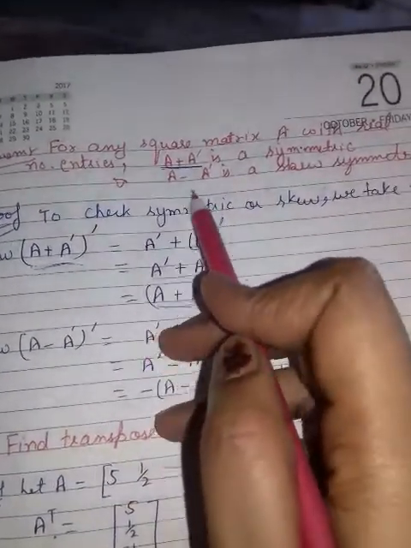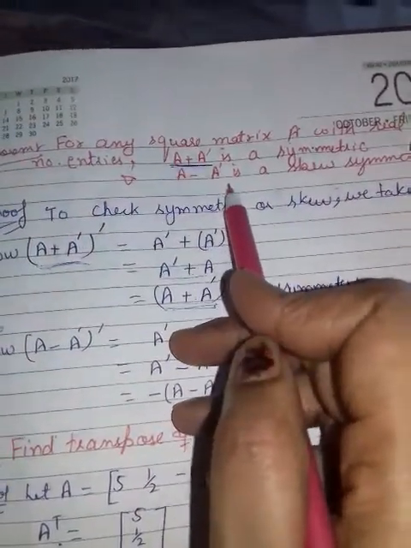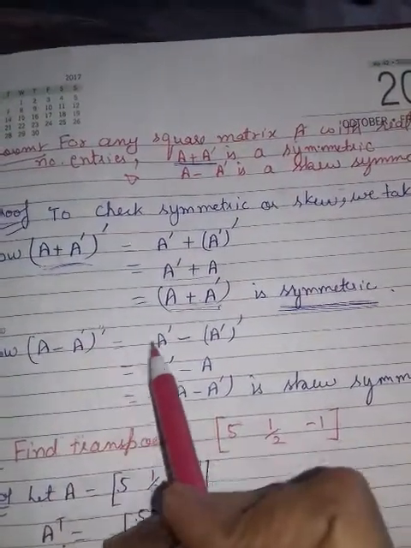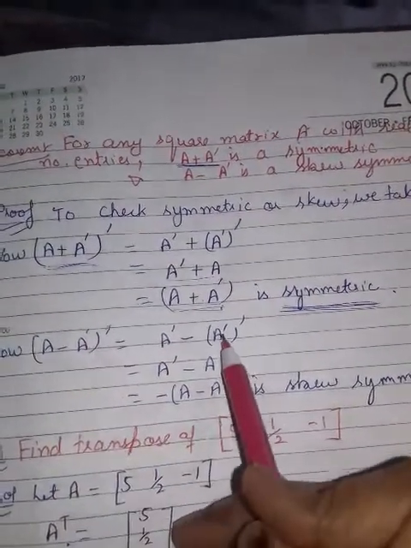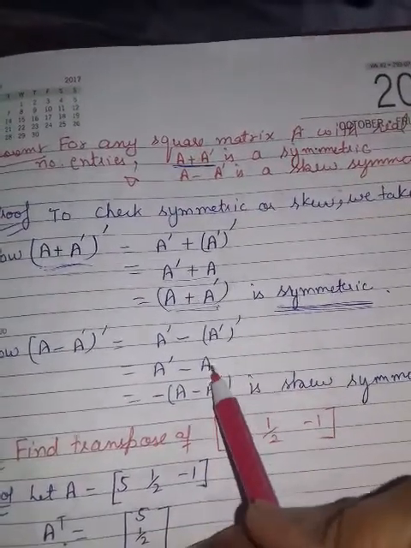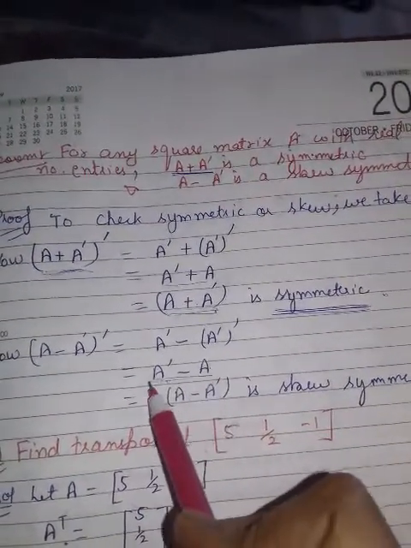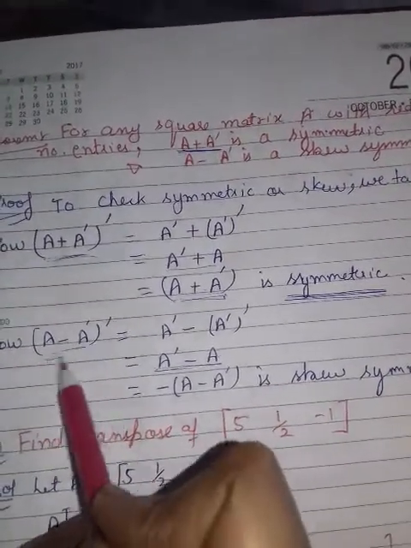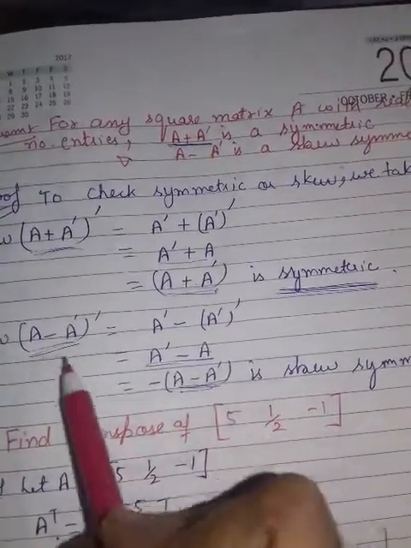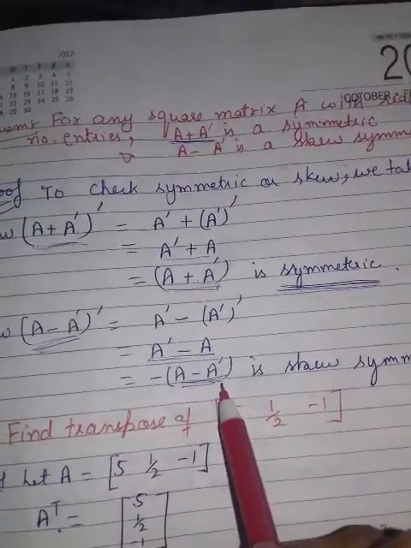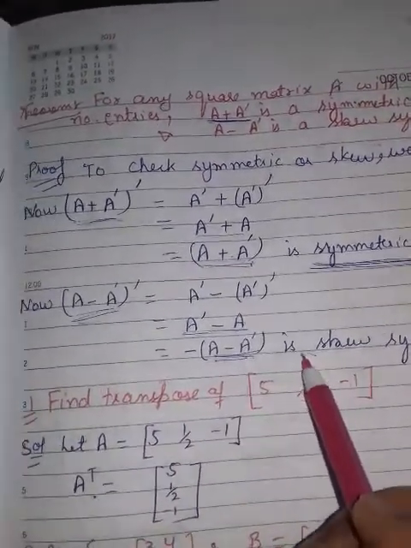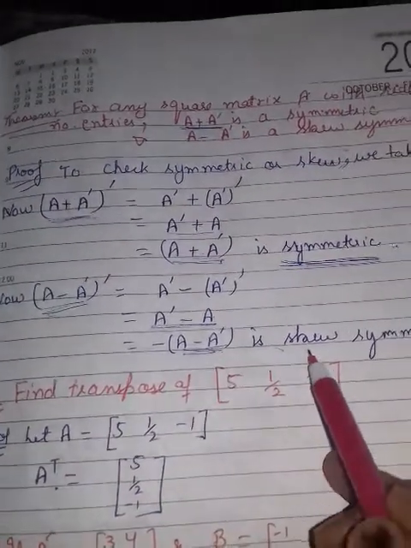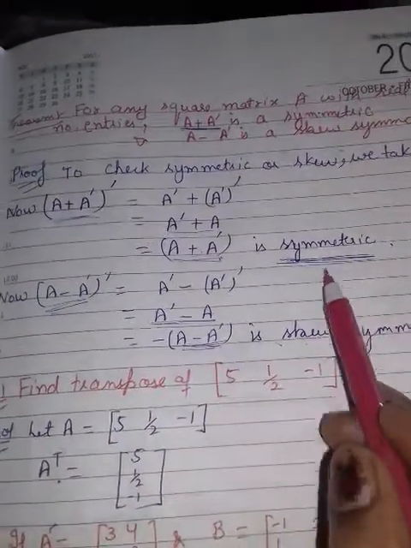Next, now you have to prove it is skew symmetric. For skew symmetric also you will take its transpose. I open the bracket. Yes, here 2 signs will be there. It will cancel, but I can take common and the negative will be taken common. So it is known as skew symmetric because the negative sign is outside. Clear? So whenever you get a negative sign outside, it is skew symmetric, otherwise it is symmetric.